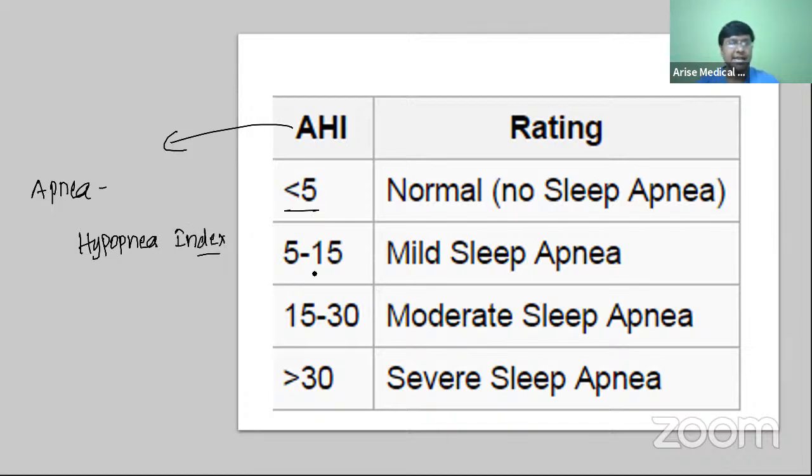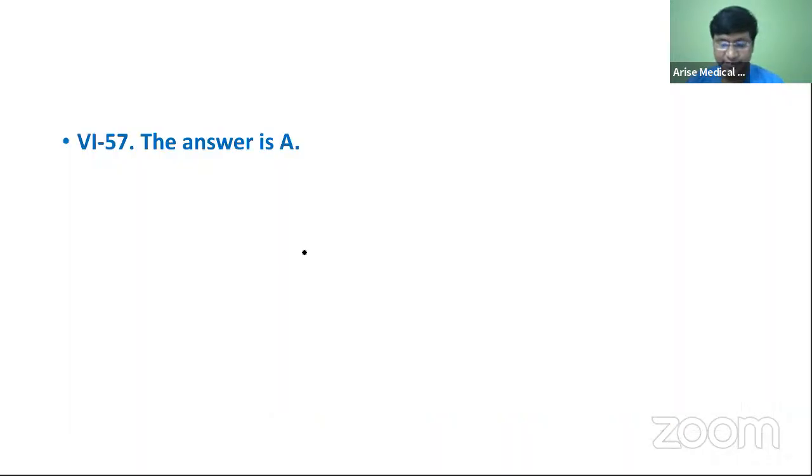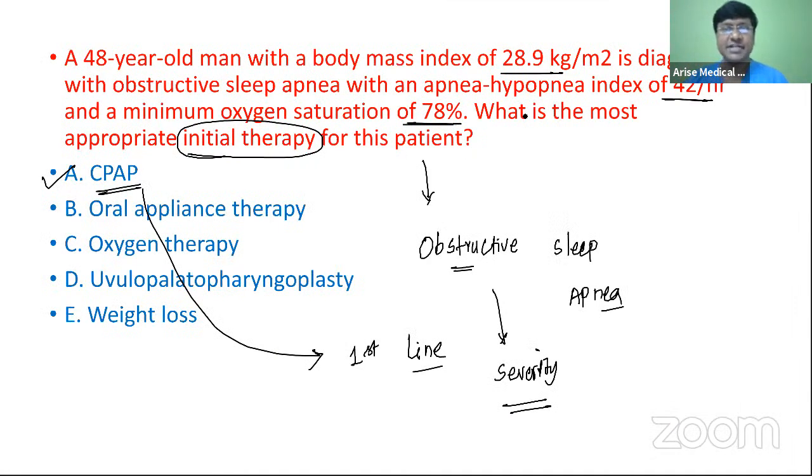If the value is less than 5, normal, no sleep apnea; 5 to 15 mild; 15 to 30 moderate; more than 30 is severe sleep apnea. So what does our patient come under? Apnea hypopnea index is 42 per hour, so this comes under severe